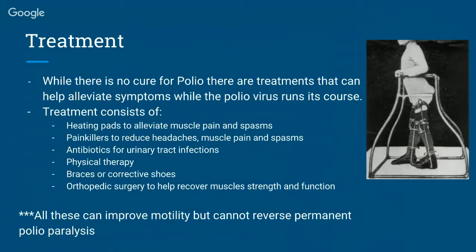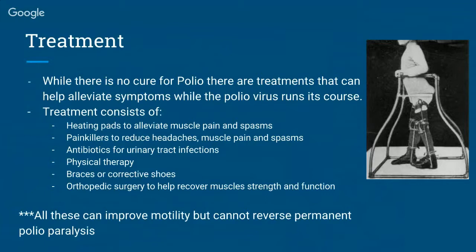Treatments are using heating pads to help alleviate the muscle spasms that happen, like Dalton mentioned earlier. Also, painkillers and antibiotics can be given to help the body. Physical therapy, along with braces, can help the body become stronger and even more stable. And lastly, orthopedic surgery can be effective to help the muscles recover their strength and function. Like it mentions at the bottom, these treatments can only help, but they do not reverse permanent